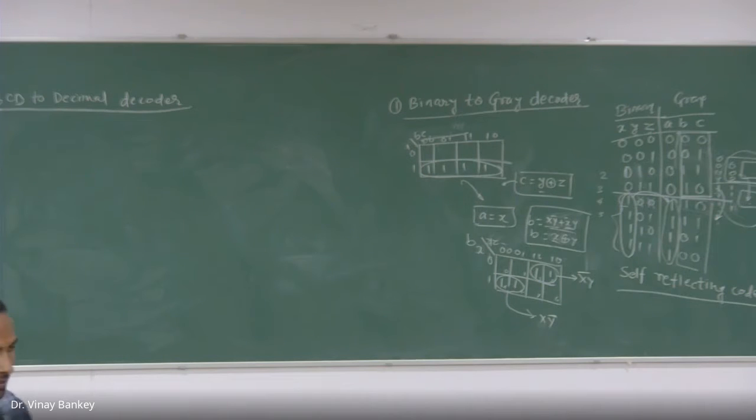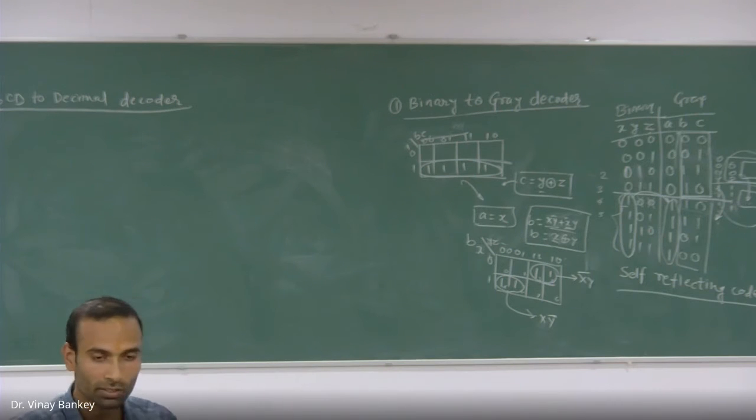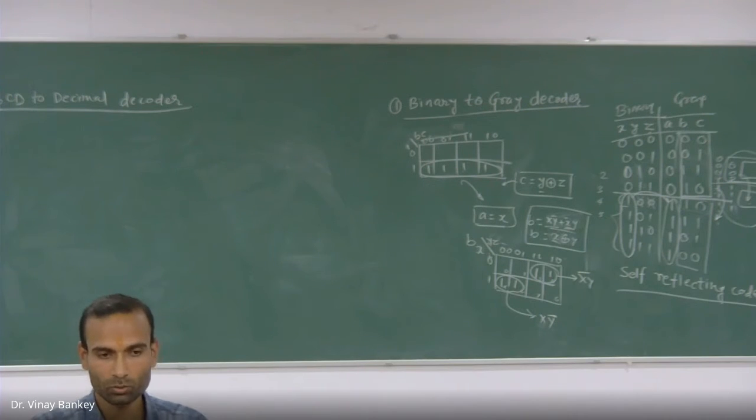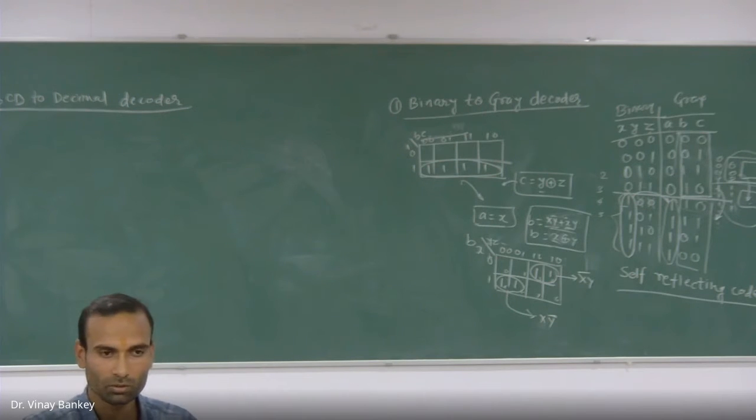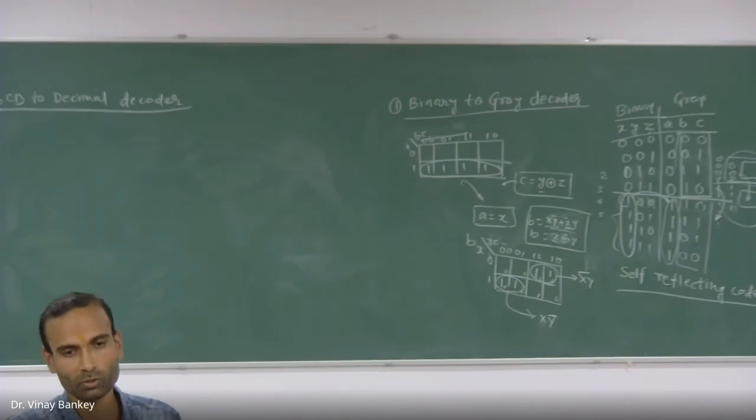No, that's why I'm calling that binary to gray. I didn't write that here, binary to gray decoder. That's why I'm calling that circuit a binary to gray converter. That is a converter. But if you want to implement that binary to gray code, you can implement this using a 3x8 decoder. For the definite combination of input, the particular LED will glow for a particular output, and you can connect that output of the decoder to the input of the OR gate to generate gray codes.